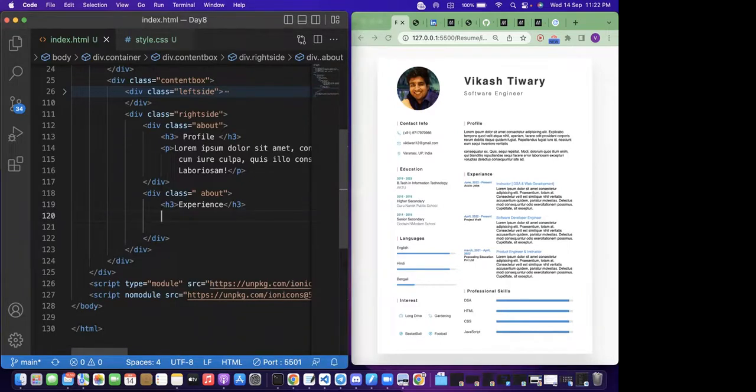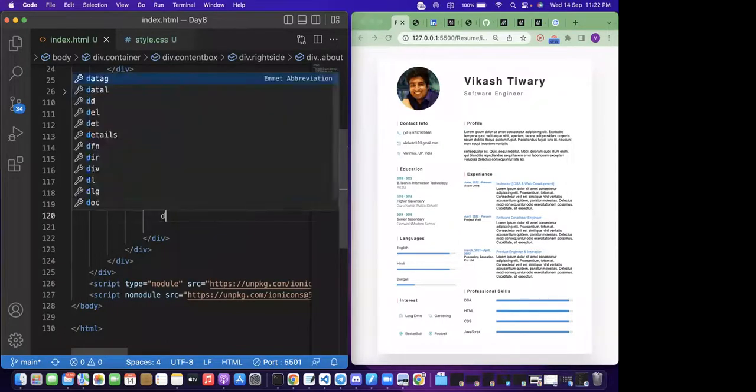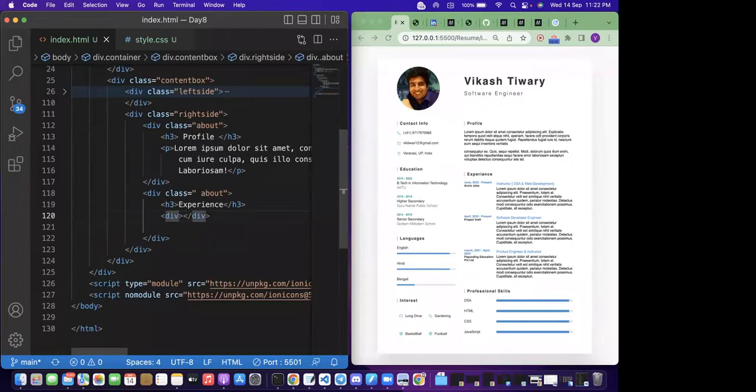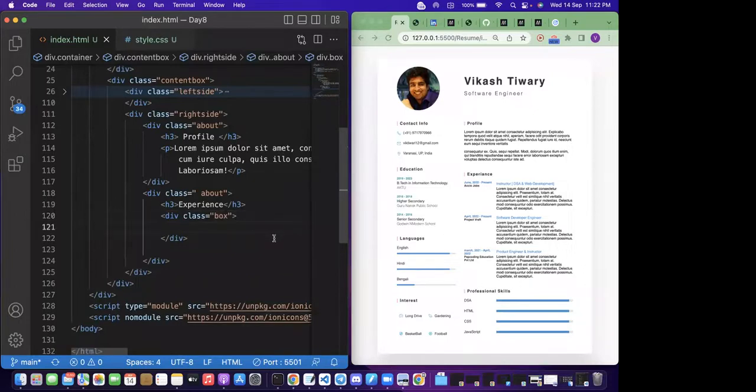Maybe I'll make a box. This is entire in a box. So div class box. Okay. In a box, I have a div called class that will be year experience, year and experience. Dekho, year and experience. YEAR year and EXP